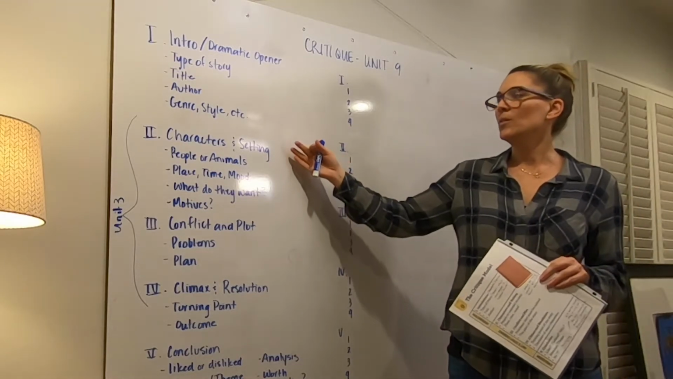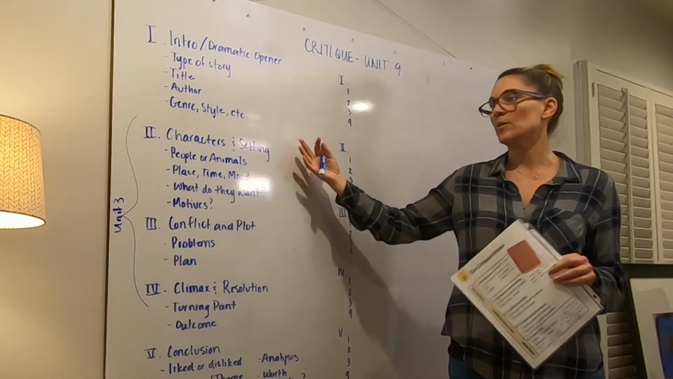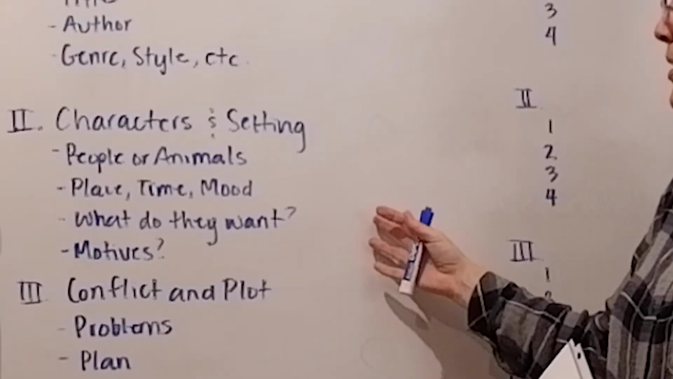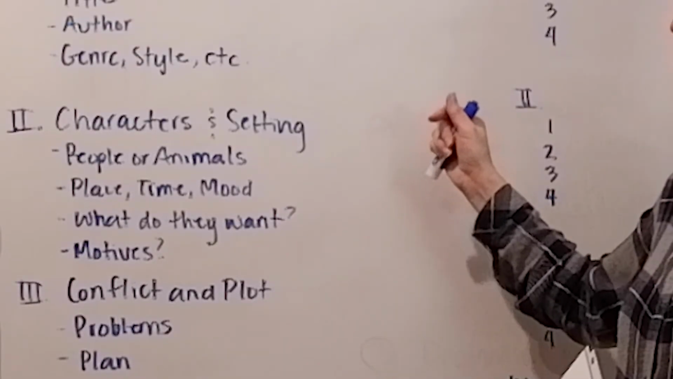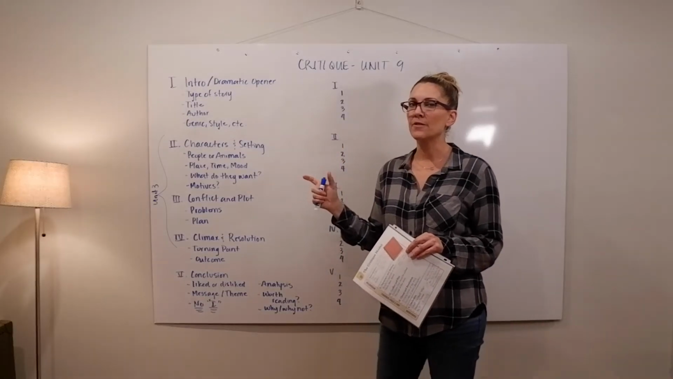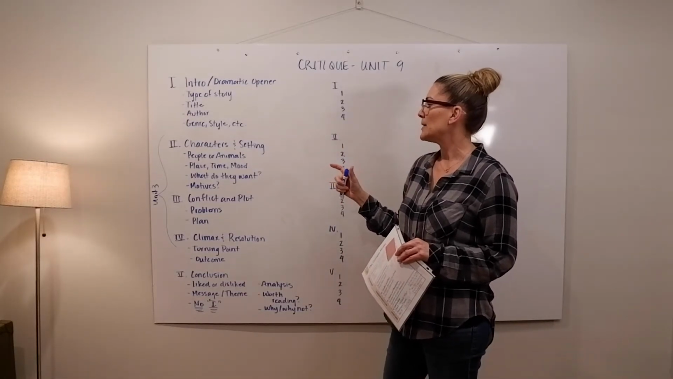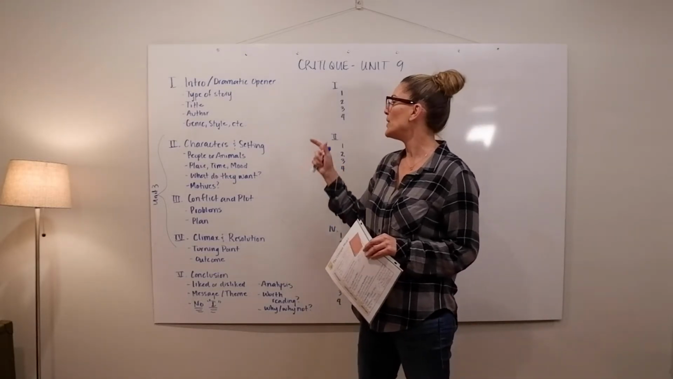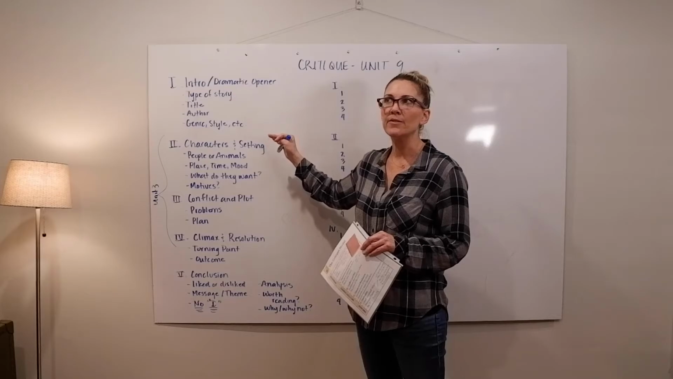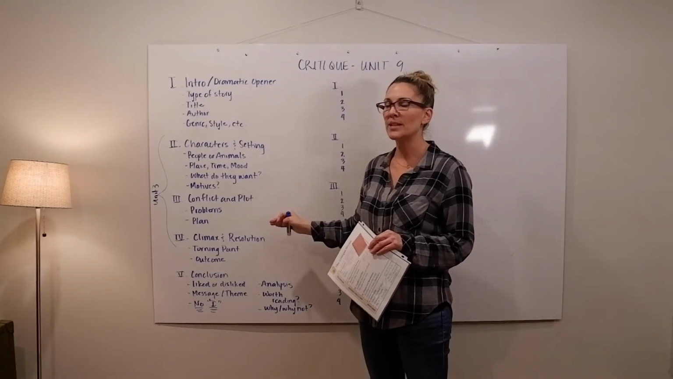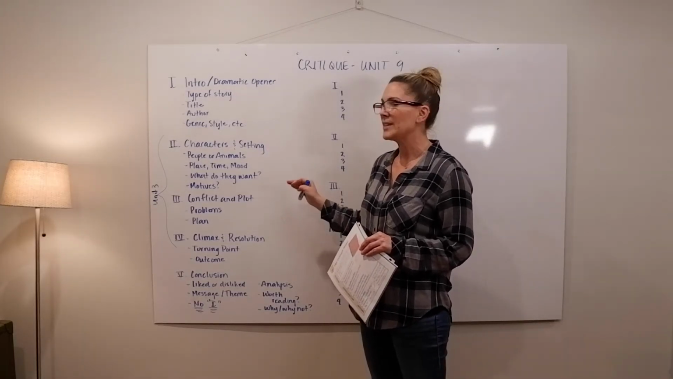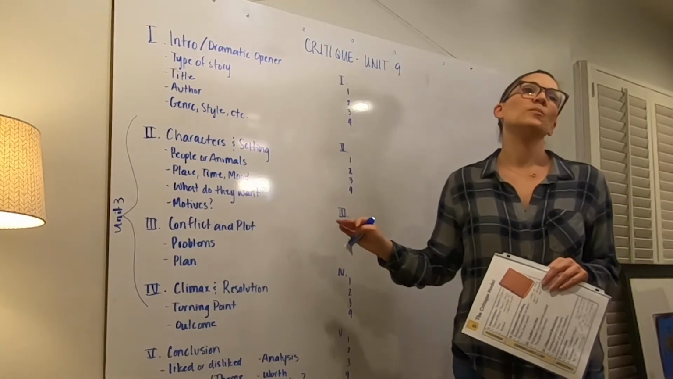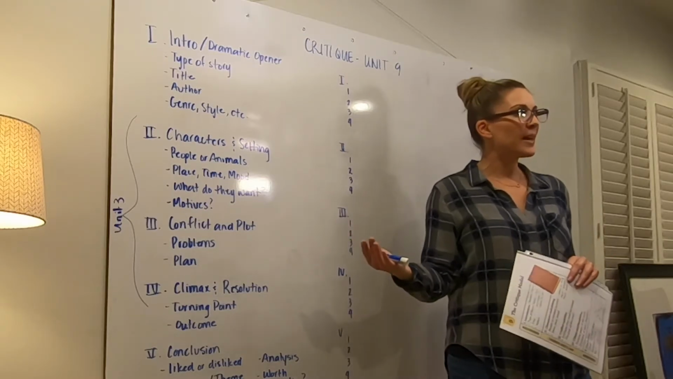If you recall, we'll introduce the characters and the settings. Are there people, animals, the place, the time, the mood? What do they want? What are their motives? The one little caveat that differentiates Unit 9 from Unit 3 is that we want to just briefly give the audience the data. We don't necessarily want to retell the story like we were doing in Unit 3. So this is a little more academic, I guess, than